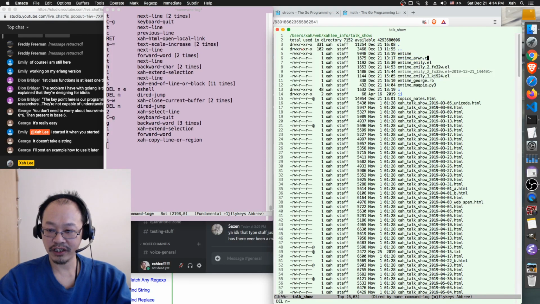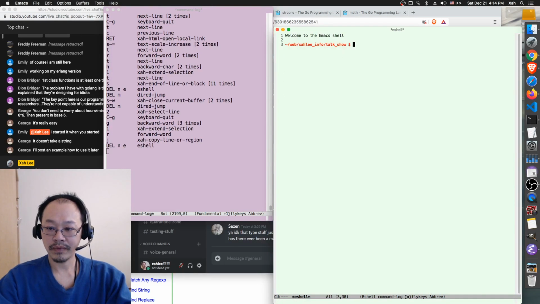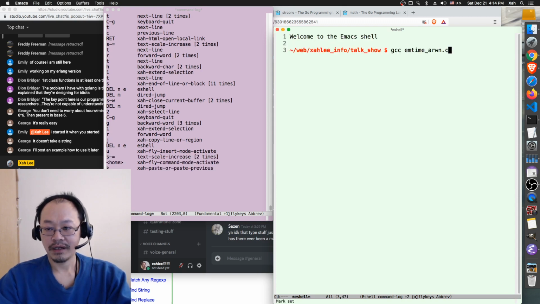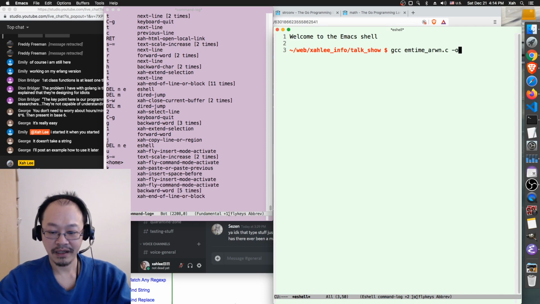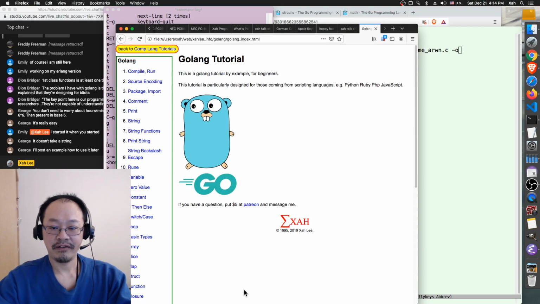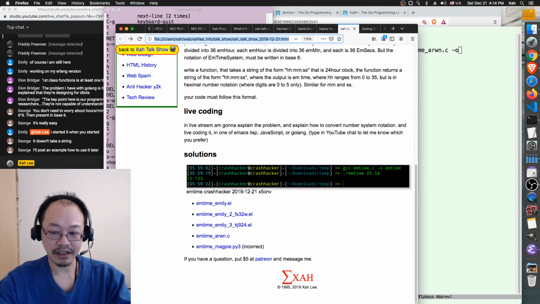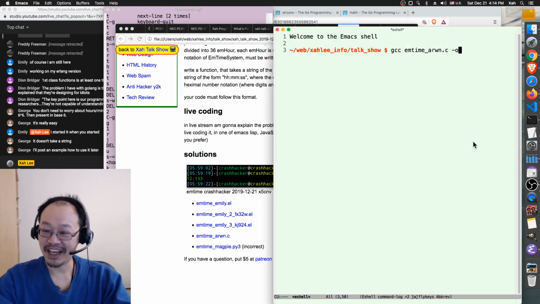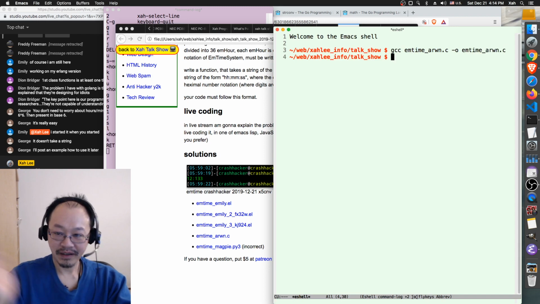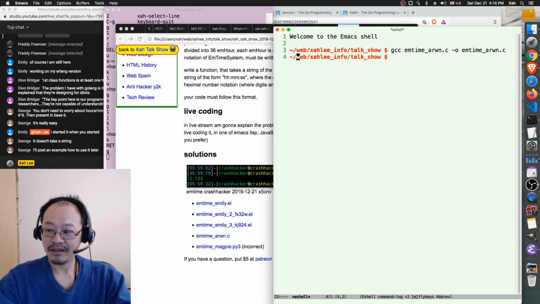So in eShell I type gcc, compile, optimize. Now I don't know gcc. I copied this command line from Crash Hacker, who gave us the syntax for that. So here is how we compile it. Do it. Done. Okay, then it will create